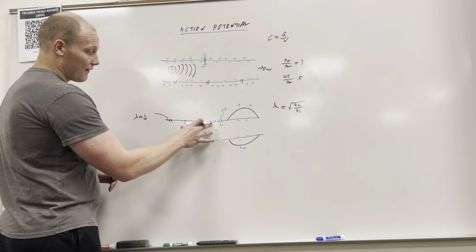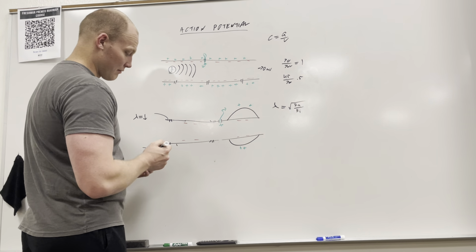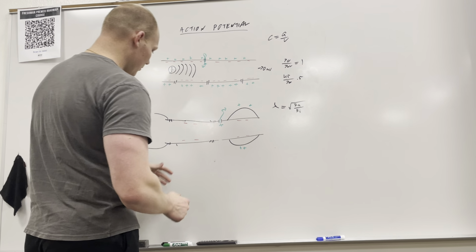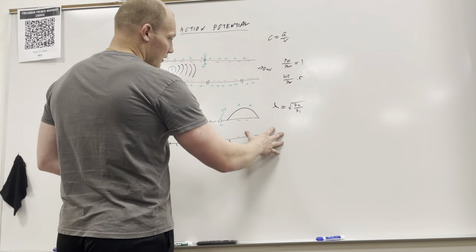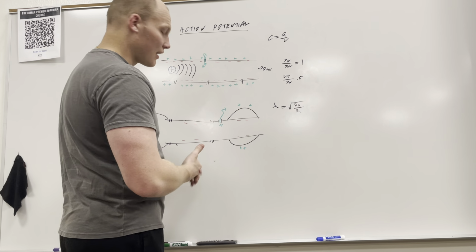And that's a lot harder to do with all of this resistance across the membrane. So what we do with myelin is we decrease the membrane resistance to allow that to travel better and to travel